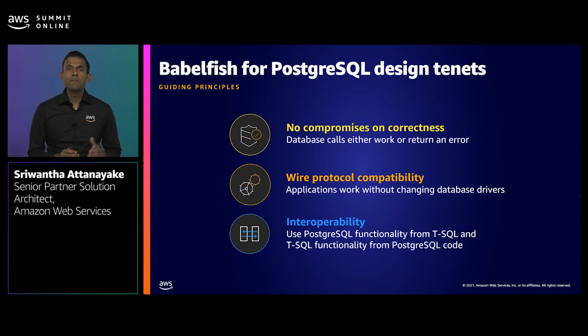When we created Babelfish for Aurora, we had a few design tenets. First, we will not compromise on the correctness. If there's a situation where we can't translate T-SQL commands accurately, let's say due to technology impedance mismatch or lack of similar features, instead of compromising the correctness of the query, we will return an error so that you can make an informed decision to handle that error. This will also give you confidence that your application is behaving as expected.